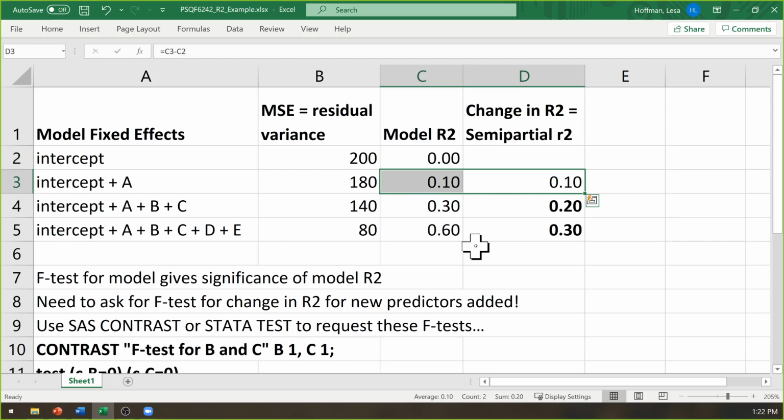Relative to an empty model with no predictors, if I add one predictor, the R-square is its change from 0. I have a significance test directly for that via the t for the slope or the F for the model. Six of one, half a dozen of the other. Okay, with me so far?